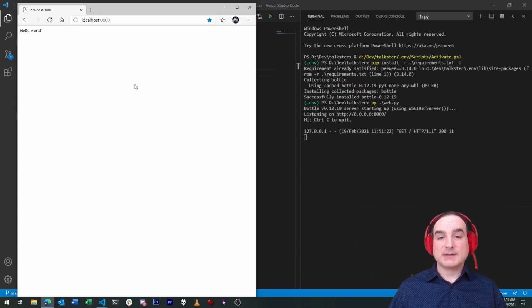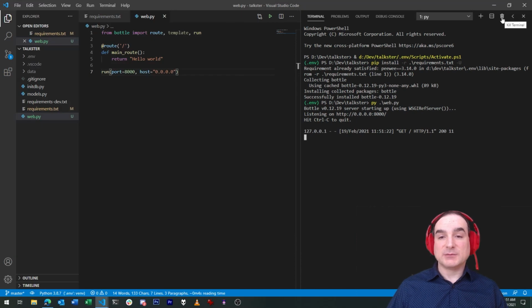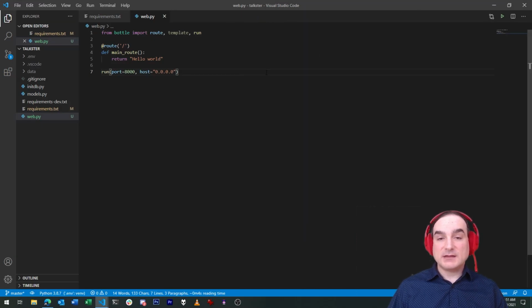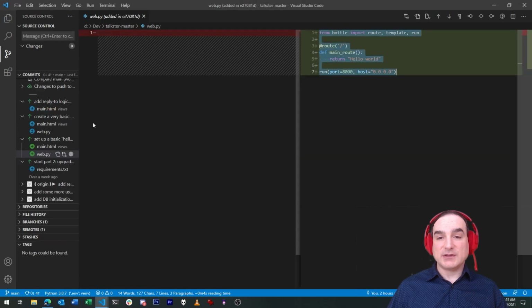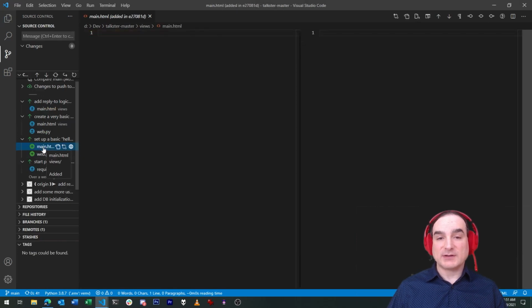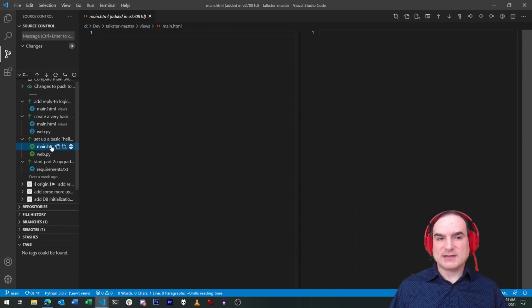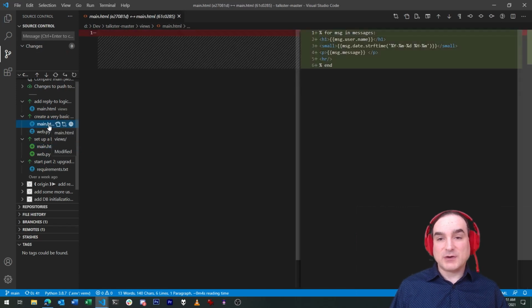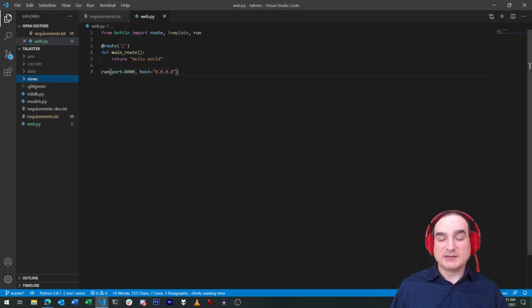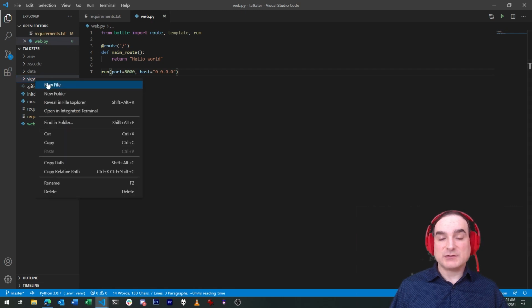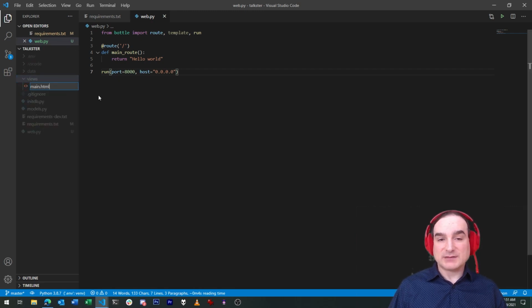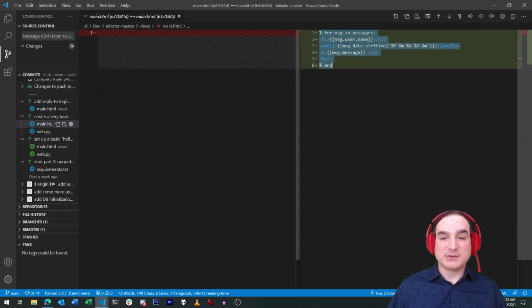A good start. Now we can start building a little more of our app's intended functionality. And to do this, we're going to do two things. We're going to use our database layer to read the messages we have in our database, and then pass them along to a template, a feature of our web framework that lets us generate HTML from data and return it to the client. Web frameworks all have slightly different ways of handling templating. Some don't handle templating at all. Instead, you rely on third-party templating engines like Jinja 2 that you can drop in. Bottle has its own built-in templating system, and it's simple and straightforward enough for what we're doing that we'll use it.